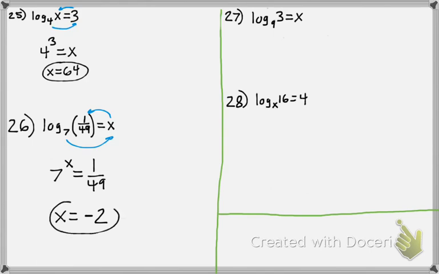So this is in two parts here. You need the negative to move it to the denominator, and you need the 2 to turn it into a 49. For 27, if I transform it,